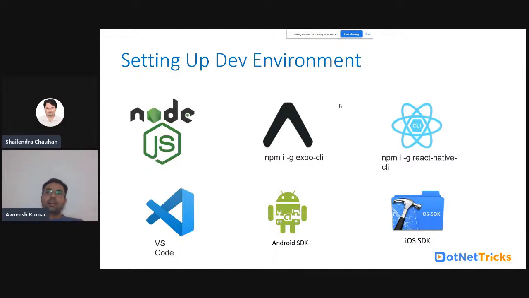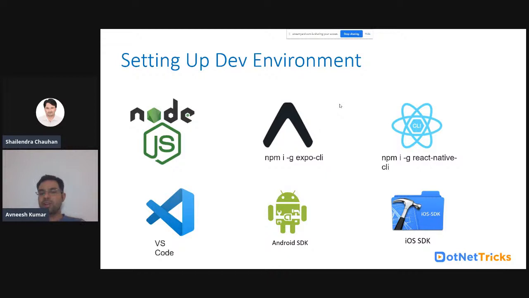So React Native's environment, how can I set it up? First of all, you will need Node.js. Node.js is primarily a requirement for any JavaScript framework, because everything is running just above this layer, Node.js.